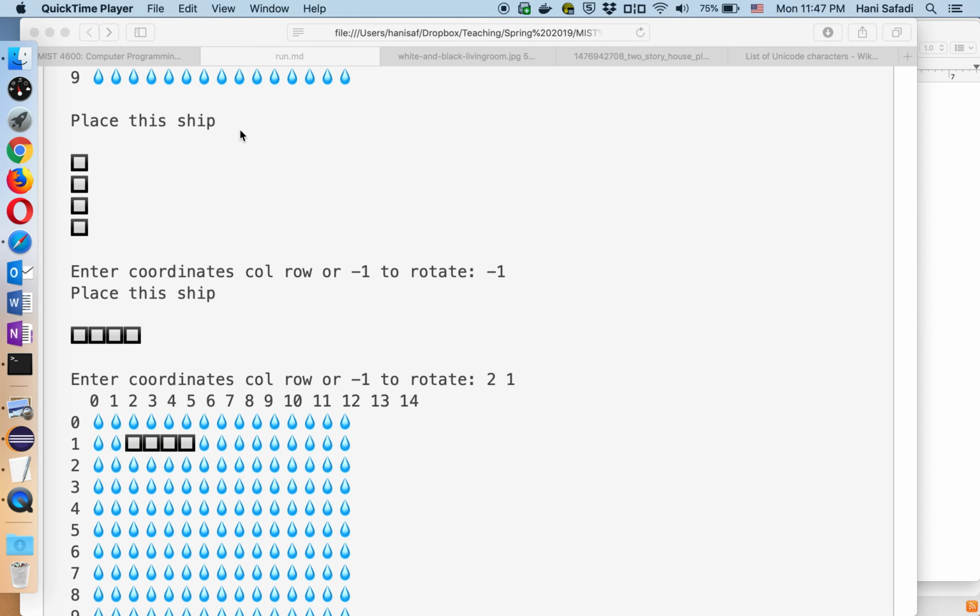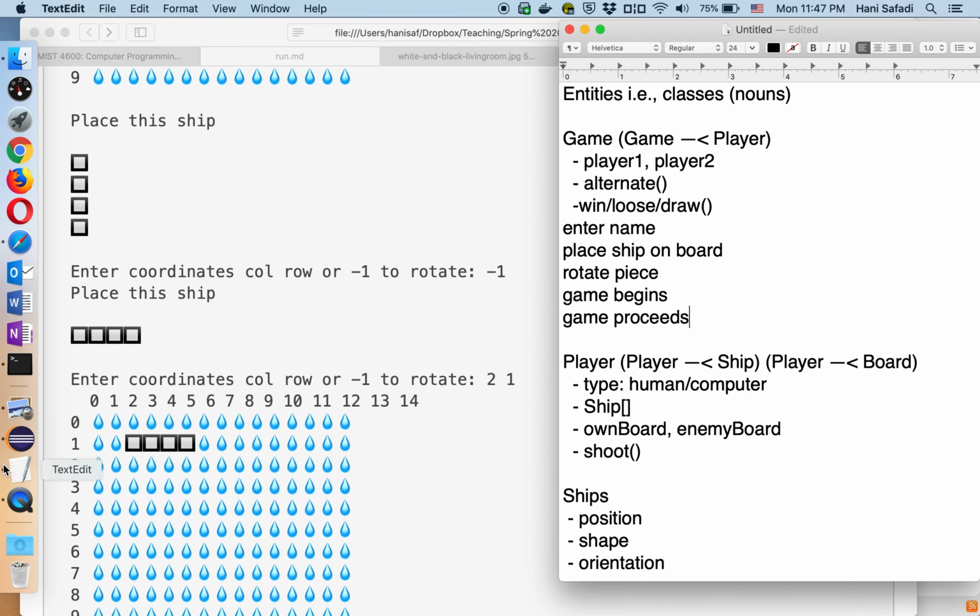Welcome back to part 2 of the project tutorial. So in part 1, we started by reading the project description to sketch out a general structure of the program. This structure starts from thinking about the entities, the classes we care about, their data component, what kind of data is stored inside these classes, and also the actions, the behavior implemented in methods. So in part 2, we're going to start sketching out an implementation